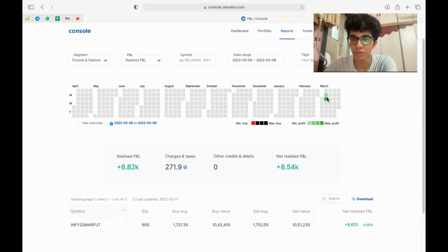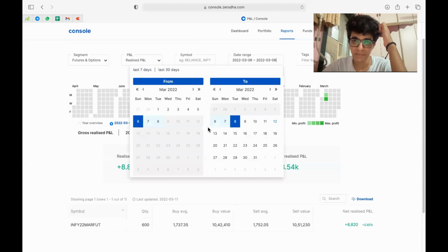It doesn't mean that I go and trade aggressively. My risk appetite was 2,000, which was done in this trade, and by God's grace, I was able to get my target, which was 8,800. So that is where I closed these 2 days. You'll see that in these 2 days, I only took 2 trades, and both of them were in the same script that I was looking for. Let's go to the next day.